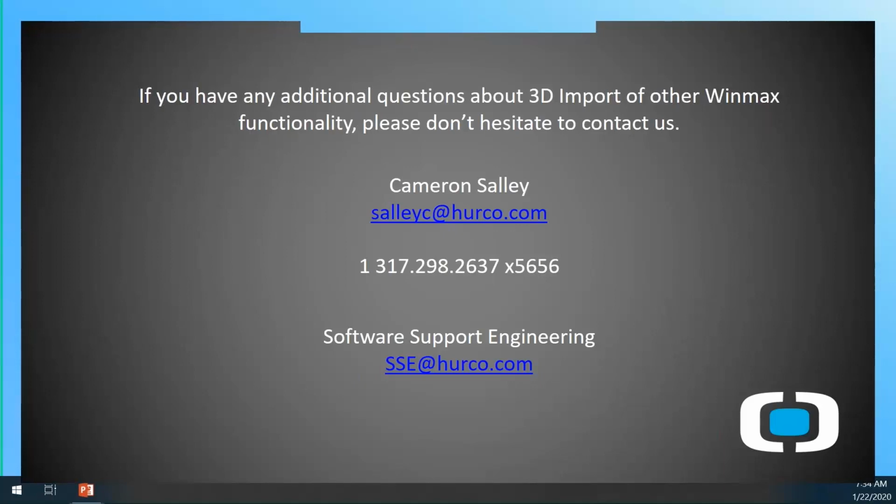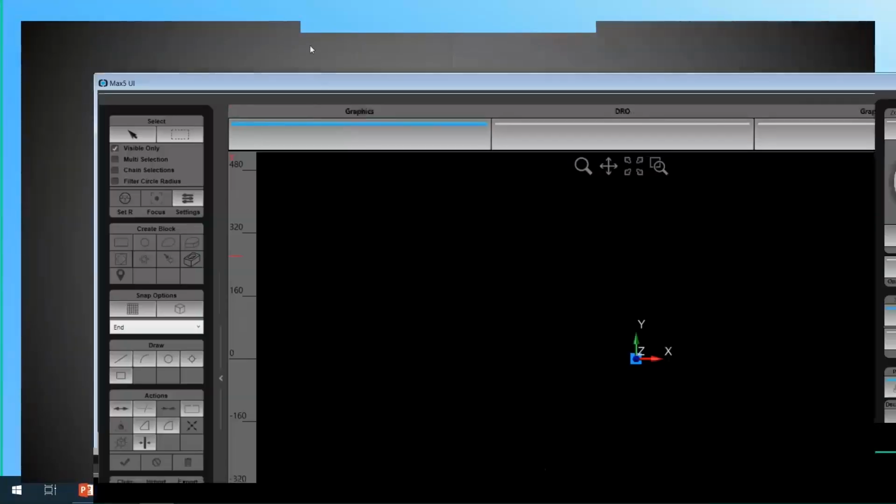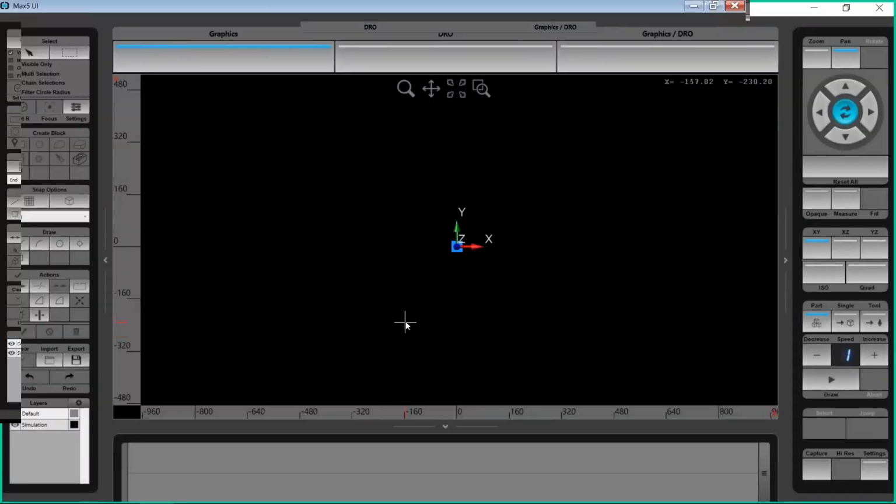Let me switch my screens, and we will move on over to the graphics. So now we're in the new WinMax graphics window, so now we can kind of look around and see some of these new features. So each one of these panes,